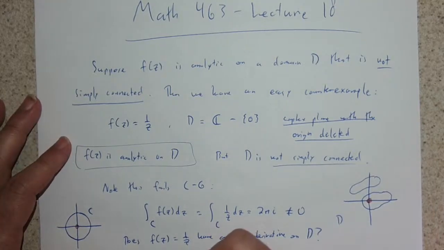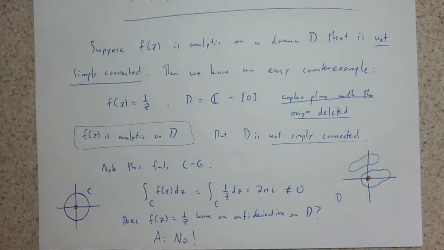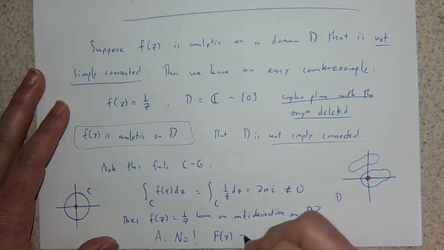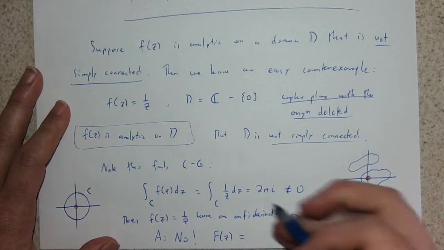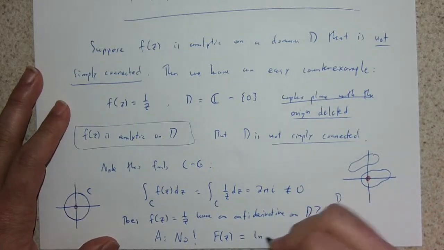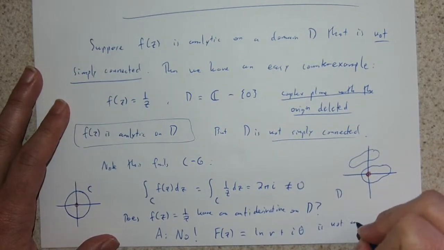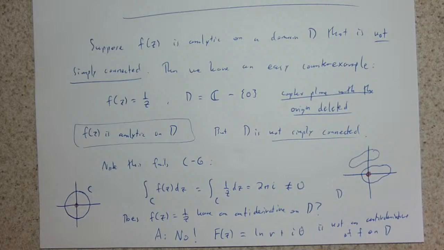The answer, no. No, it doesn't. Okay, for the exact reason that we went through in yesterday's lecture. So big F of z that we define in the usual way, right? So this big F of z being ln of r plus i theta, where we have to choose a branch. This is not an antiderivative of f on D. Exactly because of this ambiguity of the branch cut that has to be made in order to define